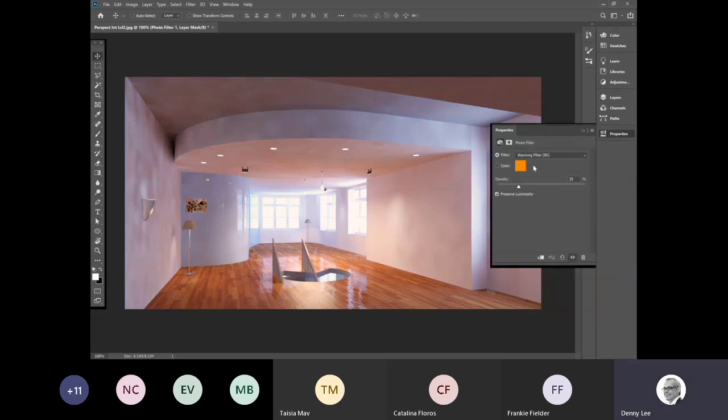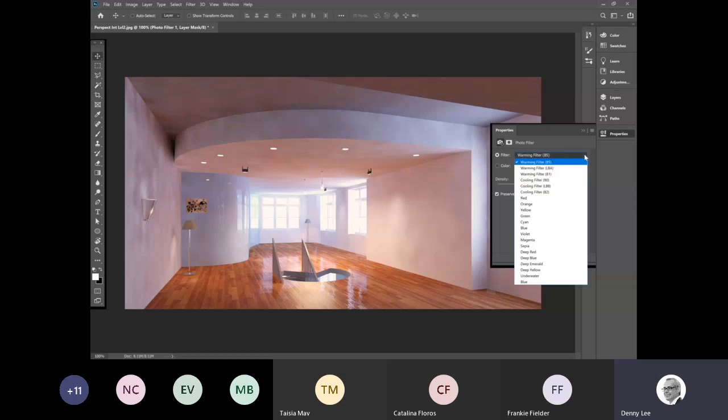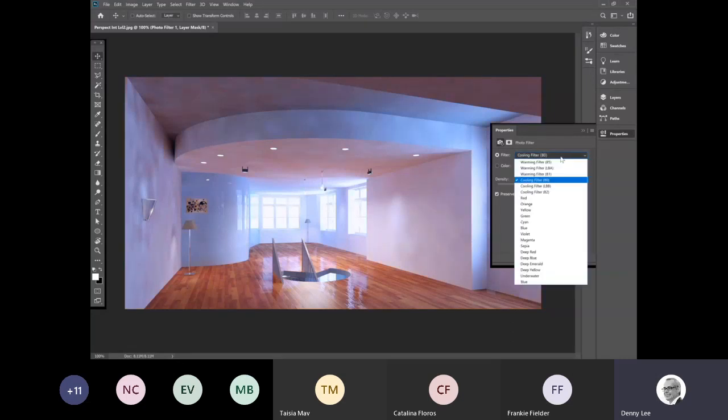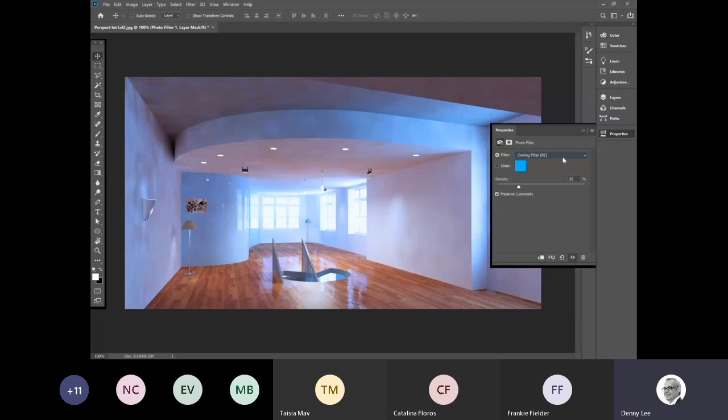And so then you can see that the first one, there's a warming filter, and you've got 3 of those. So warming filters, of course, make it warmer or more orange. You can see there from the thumbnail, that color is what the gel is over the top of the render. It's basically a filter or a colored glass overlay. If you've never dealt with photography, this is something that photographers used to carry around and stick over their cameras. And so then a cooling filter, you can see clearly puts a blue filter,